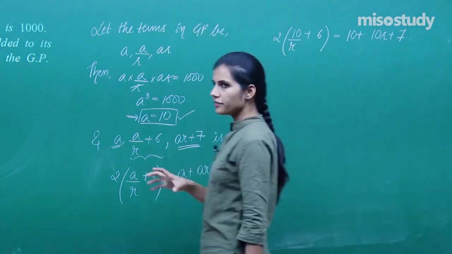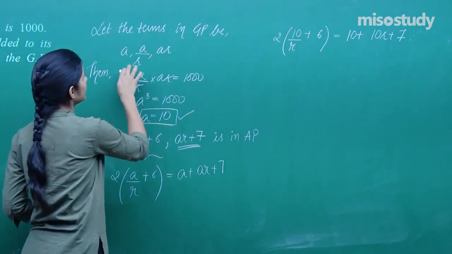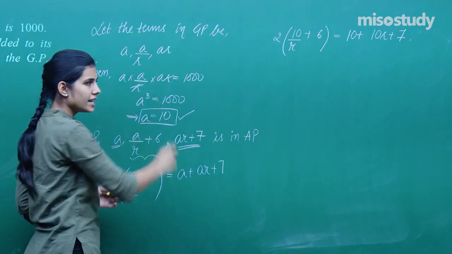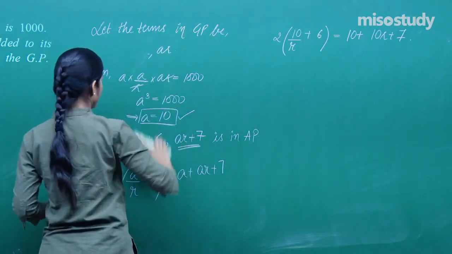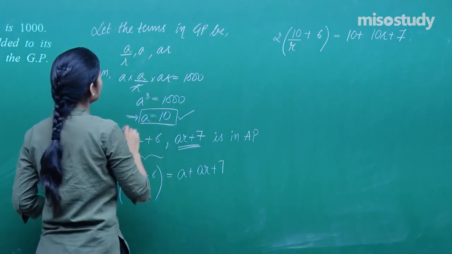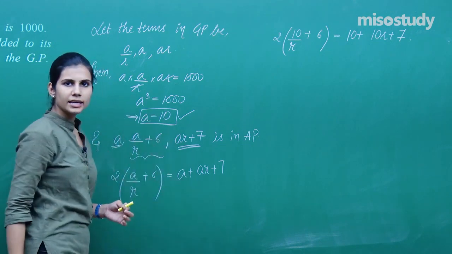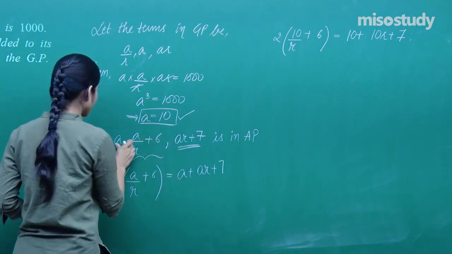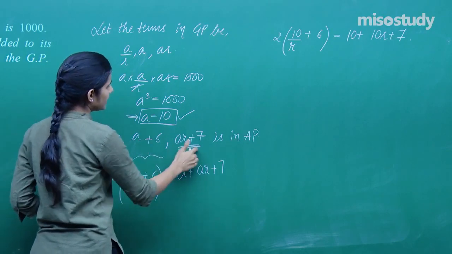Okay, so in here whenever randomly we are choosing 3 terms of a GP, the first term basically is kept as A by R, second as A and third as AR. So the product is not going to be altering at all. If I do that, this would actually mean A by R into A into AR, which would again be giving me A as 10. Here I will be having A by R as the first term, A as the second term and AR as